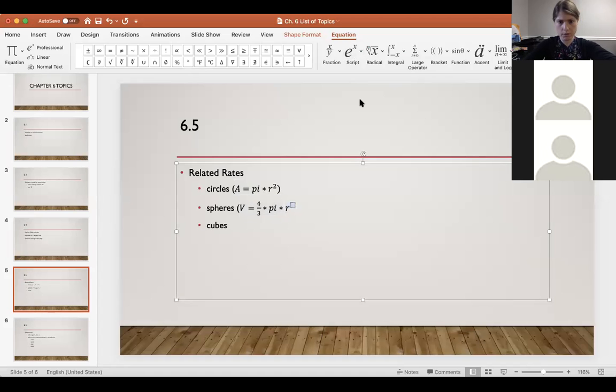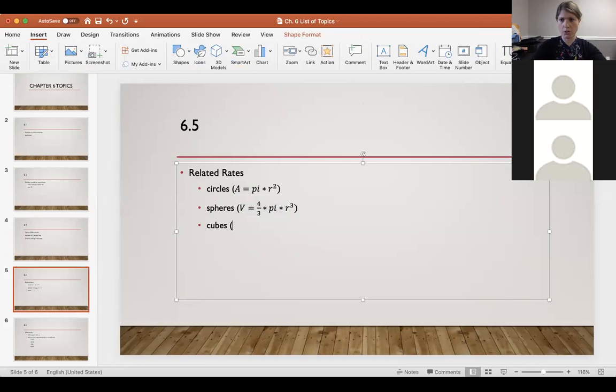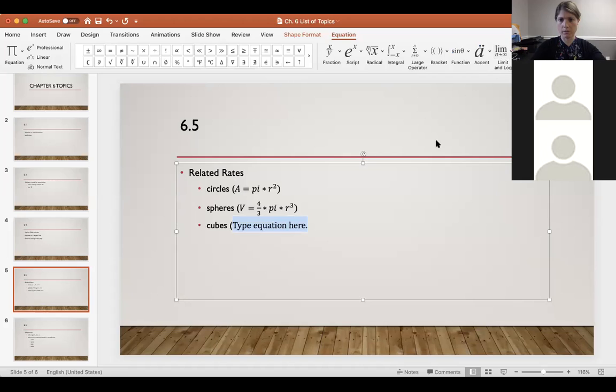So in particular for the spheres, you have a Desmos blowing up a balloon activity in the 6.5 assignments. So I'll make sure we see those on Blackboard in a second. But that example on the Desmos activity walks you through using the 4/3 pi r cubed to do a related rates problem. So that's the reference there. And then I think in the Zoom that I did, we also did a cube. So just for a cube, we're thinking just volume equals,